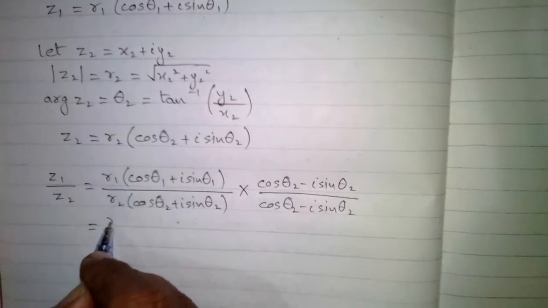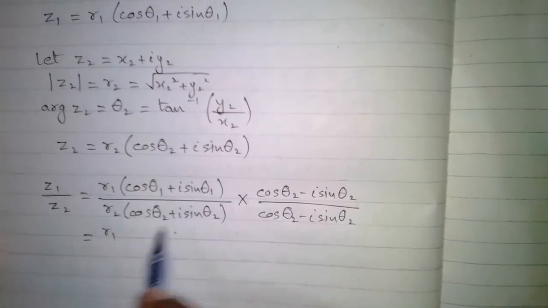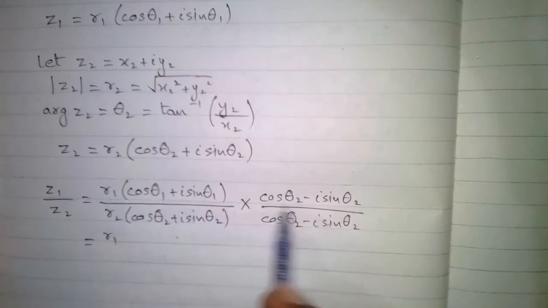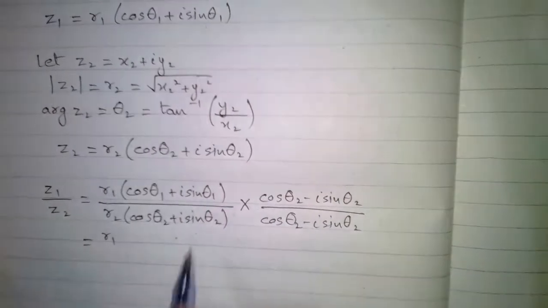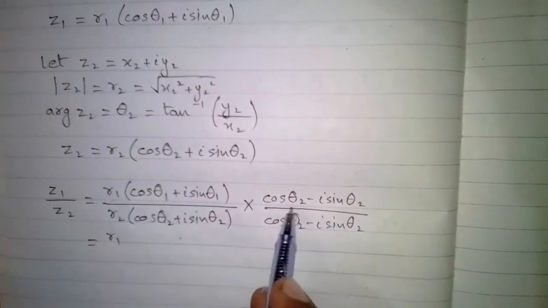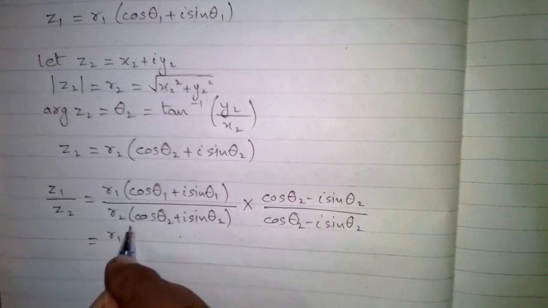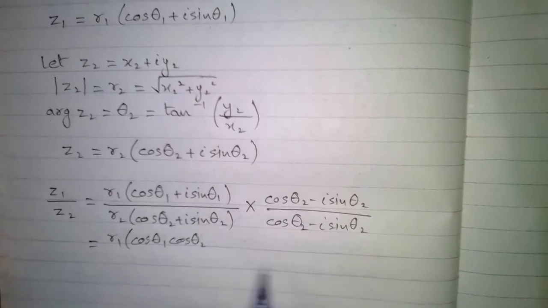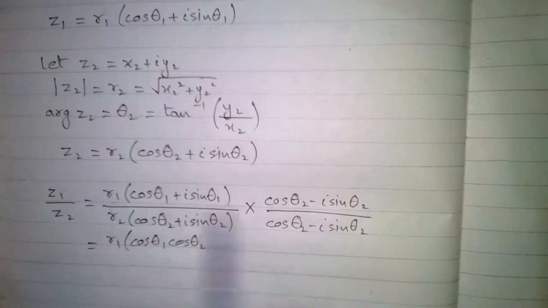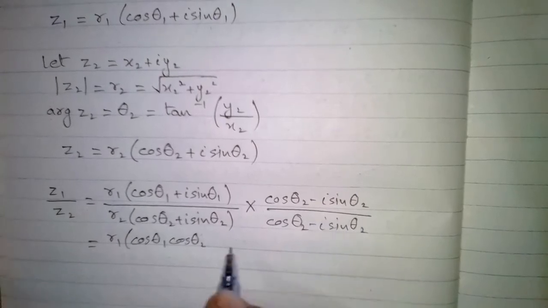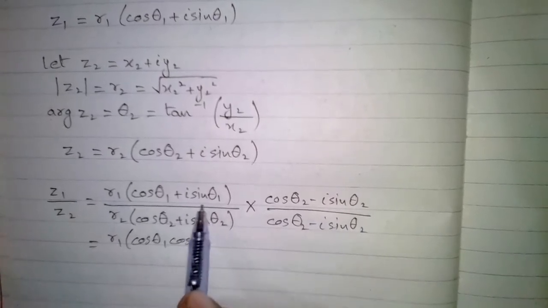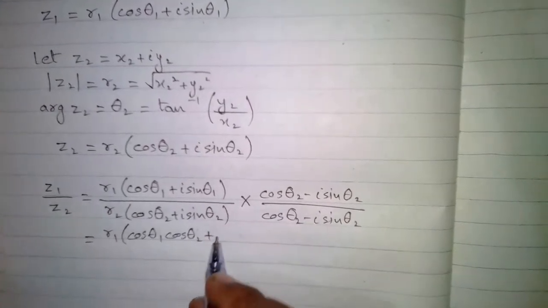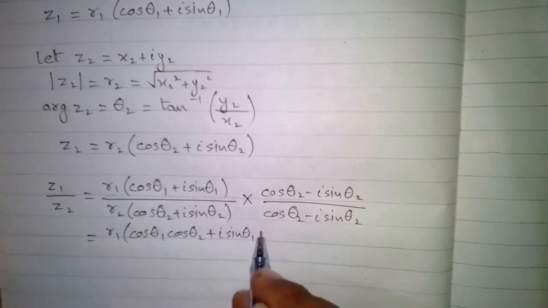Now this will be equal to r1. Now we will multiply cos of theta 1 plus iota sin theta 1 with cos of theta 2 minus iota sin theta 2. So cos of theta 1 times cos of theta 2 is cos of theta 1 cos of theta 2, then we can multiply plus iota sin theta 1 by cos of theta 2. So we have plus iota sin theta 1 cos of theta 2,